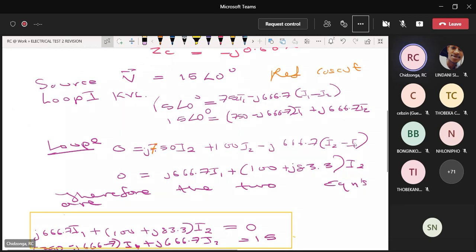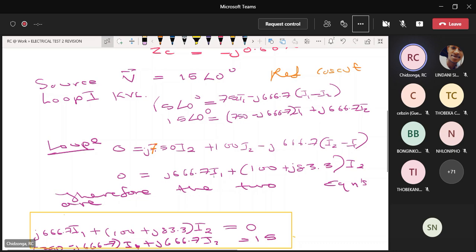I2 minus I1 all together multiplied by the capacitive impedance. So that gives you that equation. You see? Then again you regroup, that is you collect the I1 and the I2 terms separately. The I1 term is only coming from this term here. This side you have I2, so this is negative, negative. You are going to have